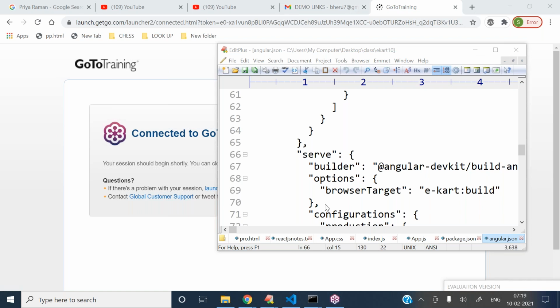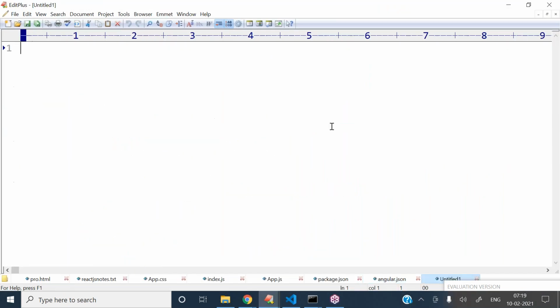So now if you take AngularJS, it is a framework of JavaScript. Yes, it is a framework of JavaScript.